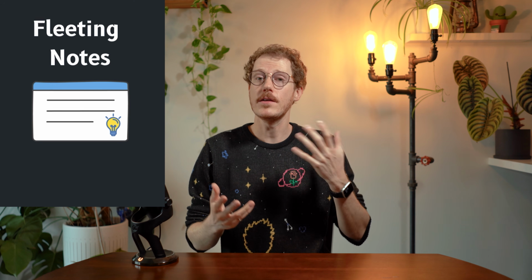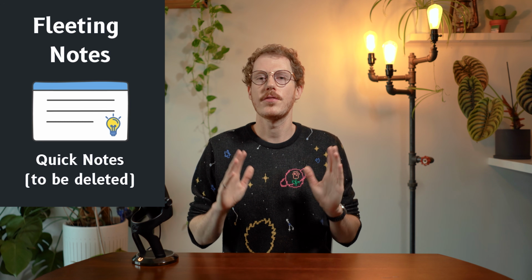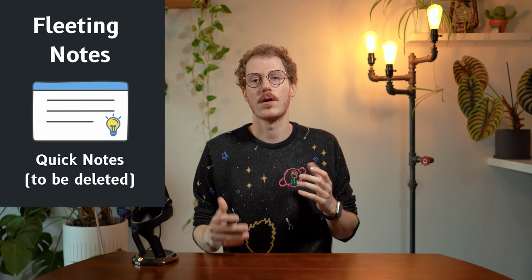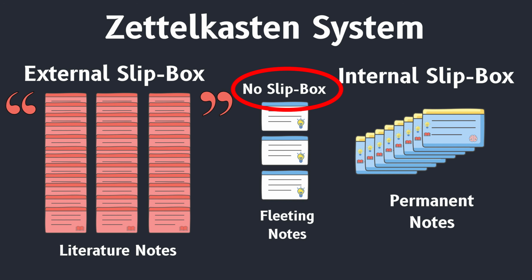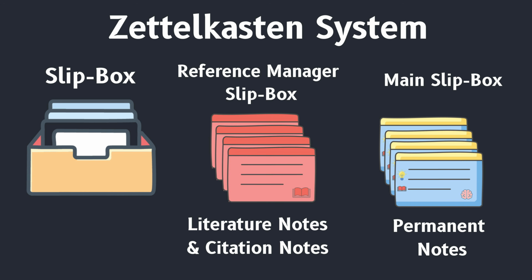Now let's look at each of these note types in more depth. Fleeting notes are quick notes. These are thoughts that you have while on a walk or while having a conversation with someone. You've had some experience, it sparks an idea, and you want to quickly jot it down. And you're not concerned about the format at all. Fleeting notes are meant to be destroyed in the sense that you convert them into literature notes or permanent notes, Zettels, which is why they are fleeting. They don't form part of the permanent system of literature notes or permanent notes.